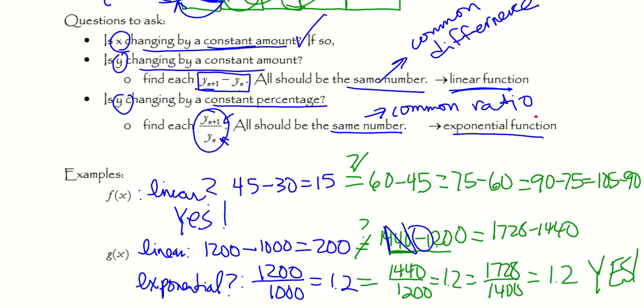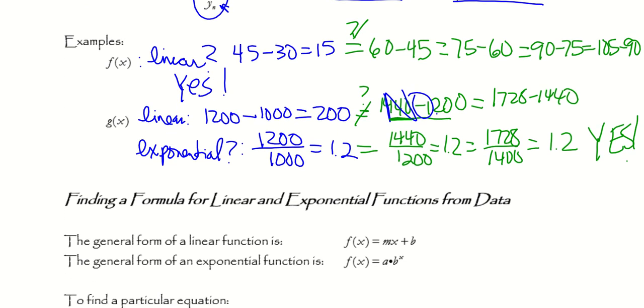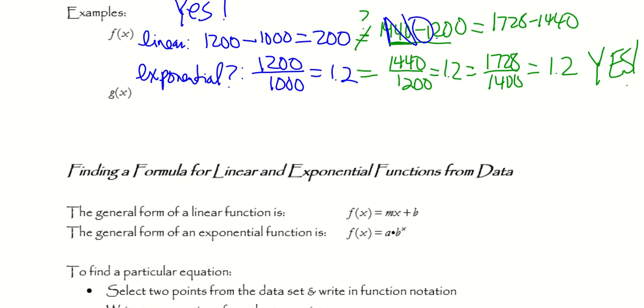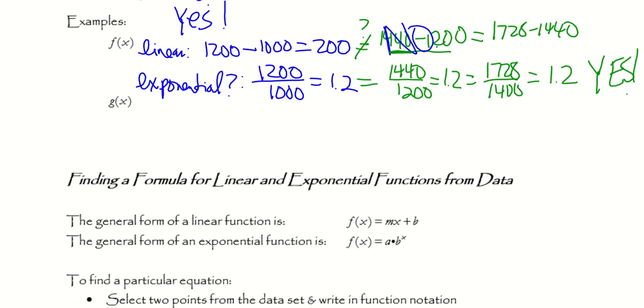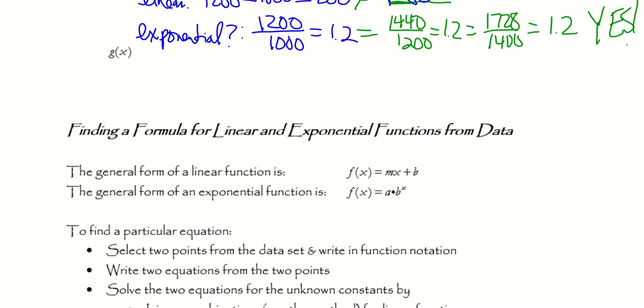The answer is yes. So if you look at data and you're trying to determine if it's linear or exponential, look for a common difference by subtracting y's or a common ratio by dividing y's. Okay, so now once we've determined whether our function is linear or exponential, then we're ready to write an equation, which we've done for both of those, but we're going to look at how to do that with kind of different